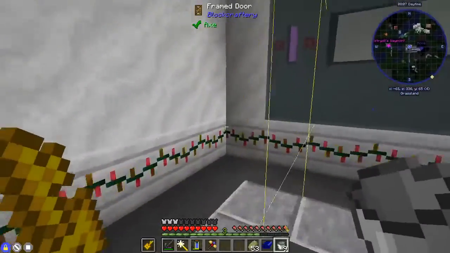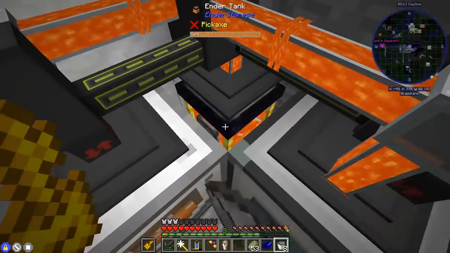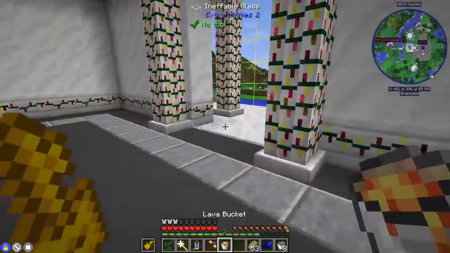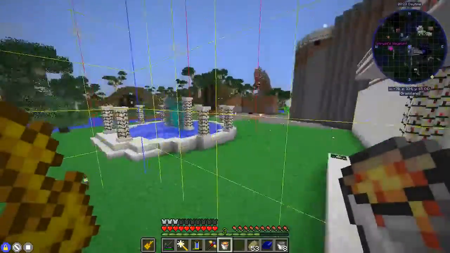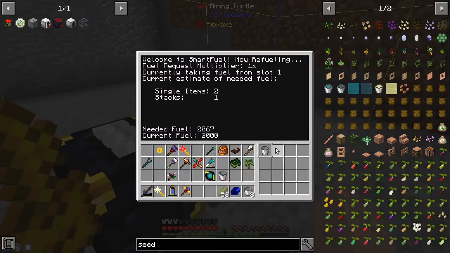Like if we come right over here and get some fuel. We should be able to make him go. Yeah, we should be able to make him go. Wow, I had lots of empty buckets, didn't I? I sure did. Okay, so now you can go in there like that, and you...